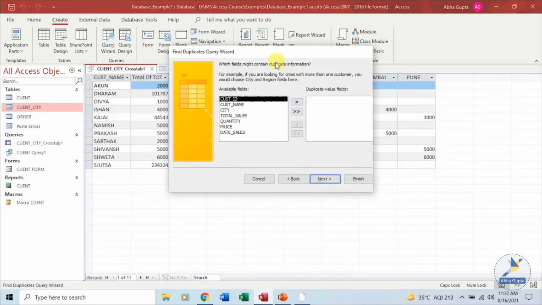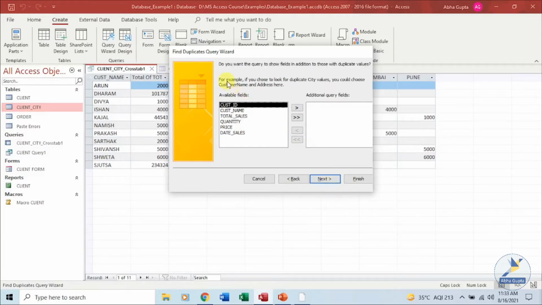Click on next, and choose the field which you think might contain the duplicate values. I know the customer ID is unique, and customer name is different for all the customer IDs. City might be duplicate. I want to use this field and see all the records. Now this is like a kind of grouped or sorted data you can see over here. Or if you have records for some customers with the same name, that can be chosen over here.